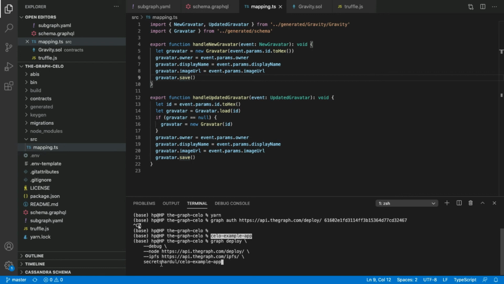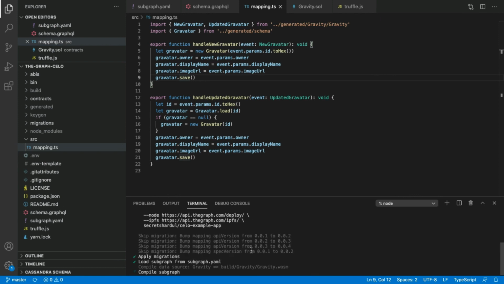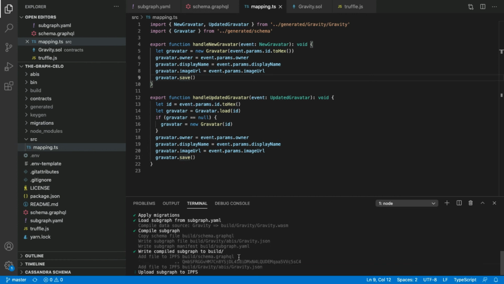So this is your GitHub name and then the subgraph name, and then press enter. So it takes a while to deploy. You can see the process has started.